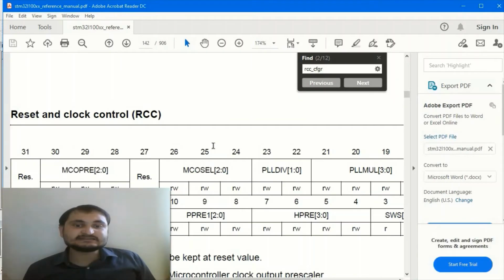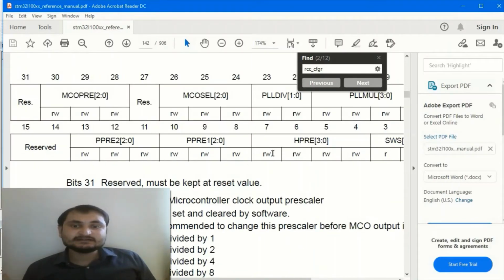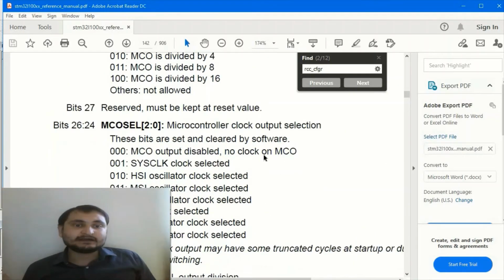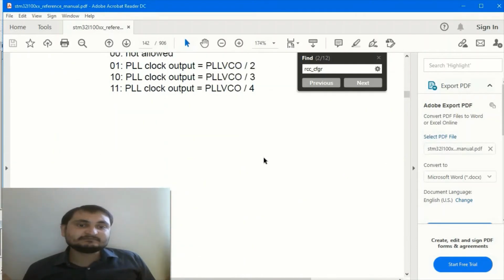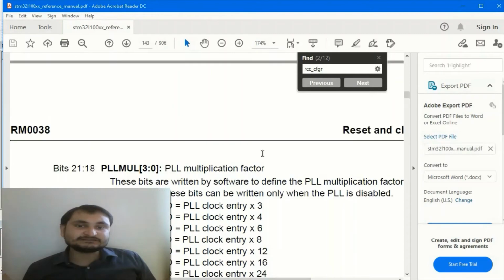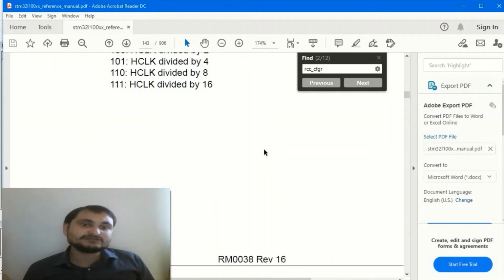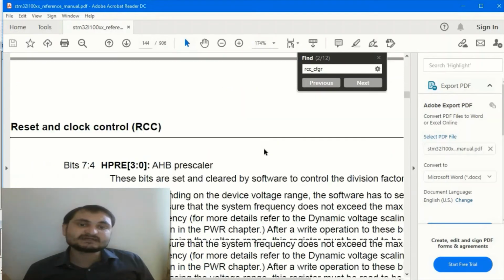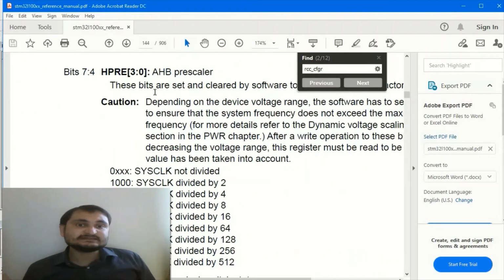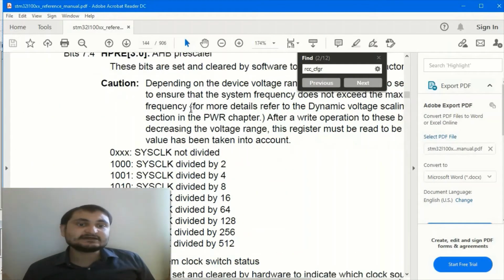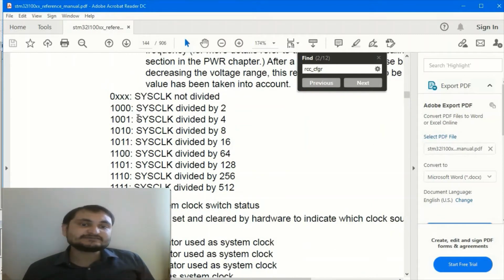Here you can see this HPRE, and in HPRE, if we enable this bit by giving some value, then it means we are dividing the sys clock by some factor. This is the HPRE AHB prescaler, and if you give this value, it means sys clock divided by 2, then this value, sys clock divided by 4, and 1010 means sys clock divided by 8.